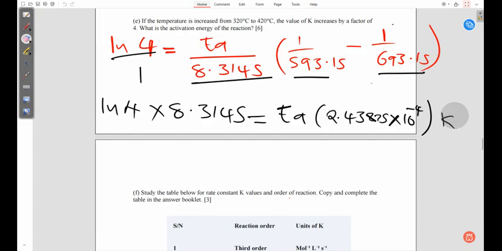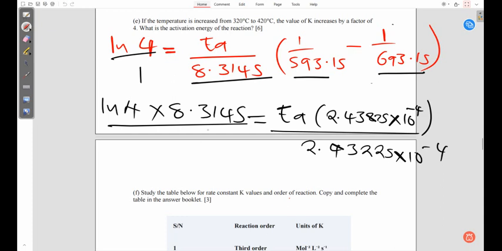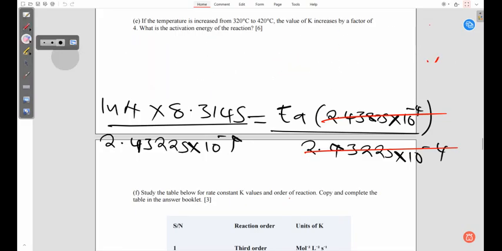Or if you're interested in keeping track of the units, and we're interested in making our activation energy the subject, so we divide both sides by 2.43225 times 10 to the power negative 4. So our activation energy becomes 8.3145 multiplied by natural log of 4 divided by 2.43225 times 10 to the power negative 4. So my activation energy that I'm getting is